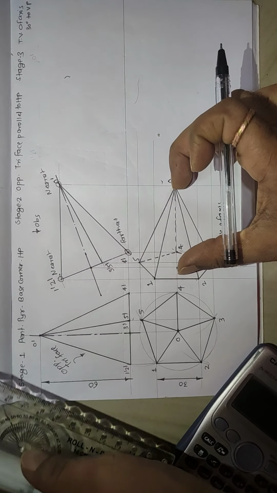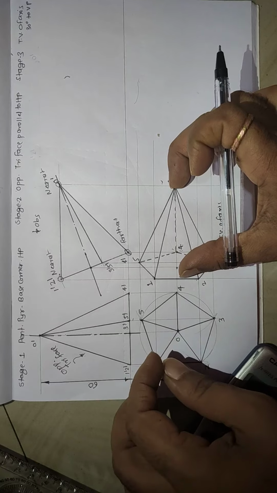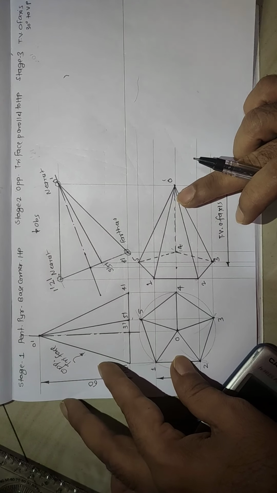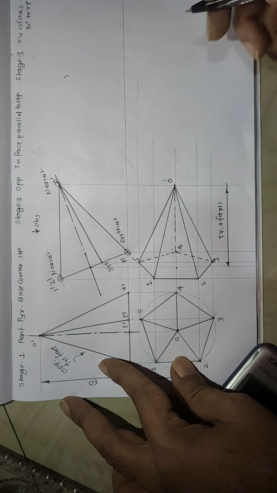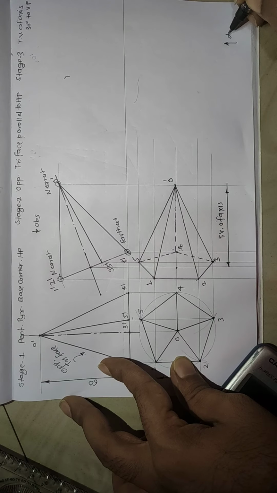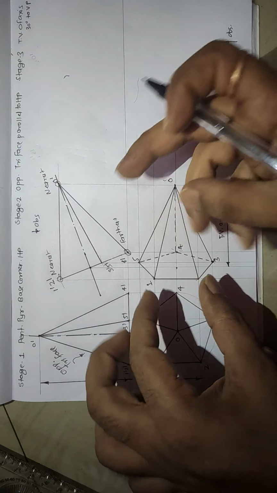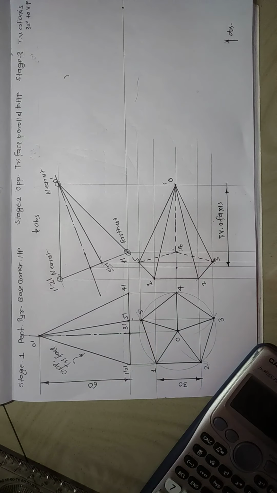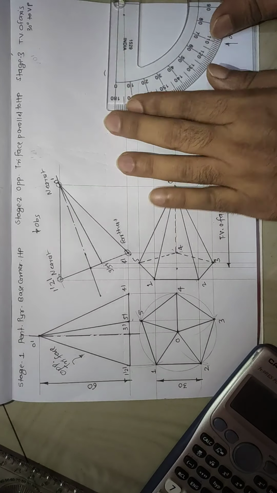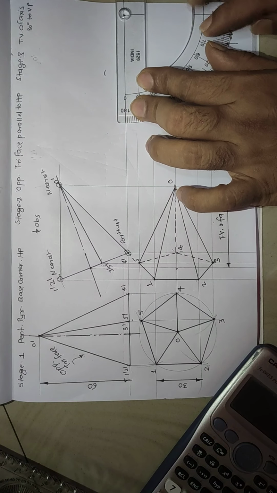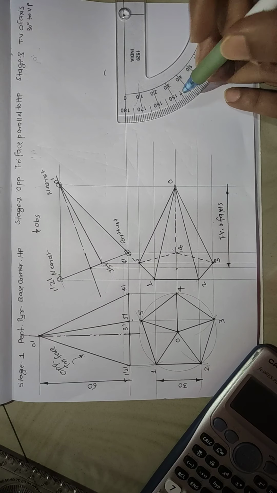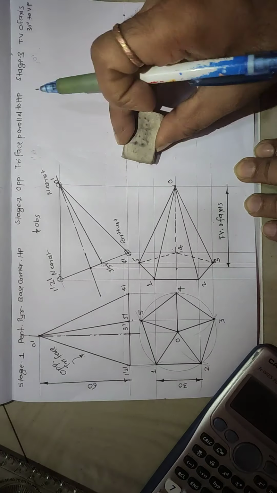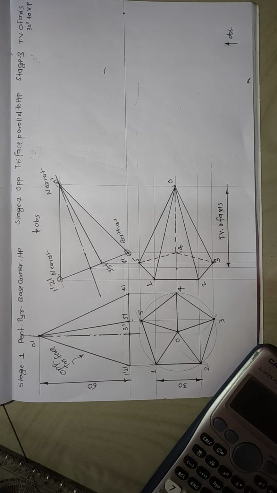I have to maintain this distance on a line which is inclined at 30 degree to XY line. Now if I look at this diagram carefully, then I will come to know that this point should be away from observer, and if this is the observer, then you have to tilt this diagram anti-clockwise, then only I can get this apex away from observer. So from here at any random point, first of all I will take one angle of 30 degree. I will erase out this extra projection lines. See, this angle is 30 degree.